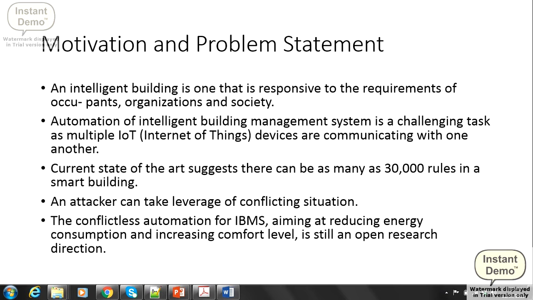So nowadays most intelligent buildings use fixed schedules, because it lessens the problems of user policy conflicts.